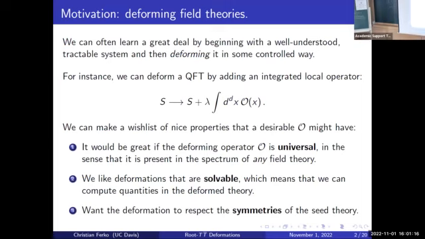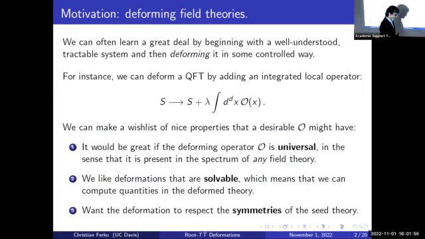Okay. So first, the motivation. This is, in some sense, a review of the review from the previous talk. But what is the big picture? So the broad motivation is that often in physics, we learn much about a system by beginning with a tractable case that we understand and then deforming in a controlled way, whereby I'll make the meaning of the word controlled precise in a moment. But an example of this is that given a quantum field theory, we can deform the field theory by adding an integrated local operator of the form like this, where O is some operator in the spectrum. And we had some pictures of different flows generated by different operators in the previous talk.